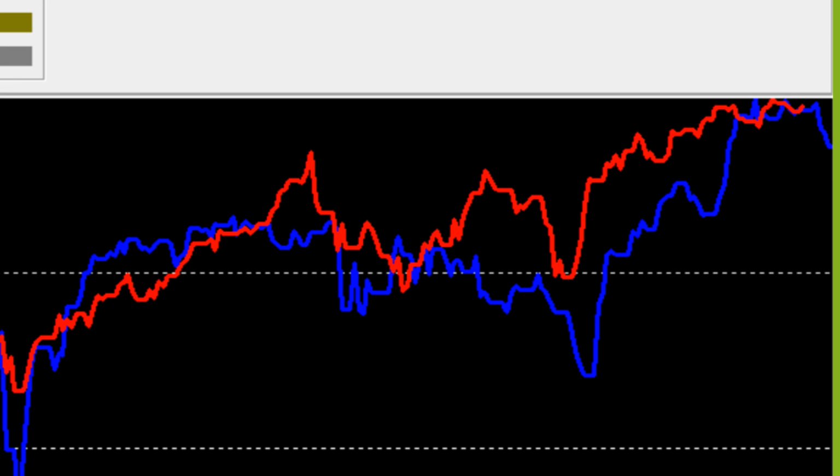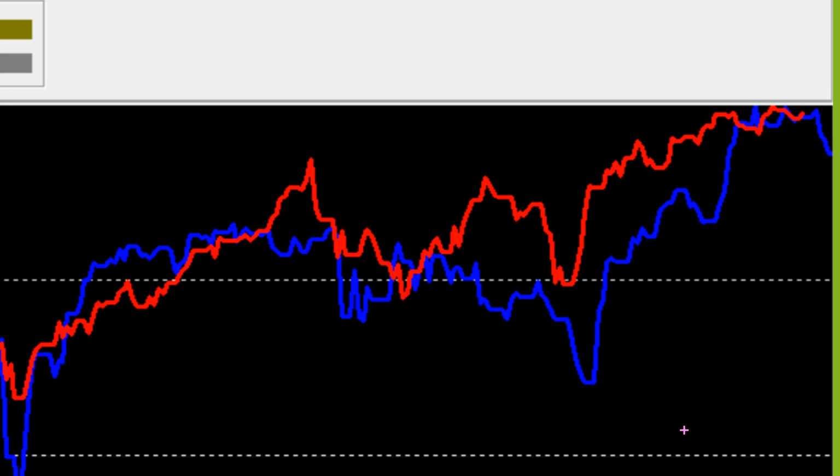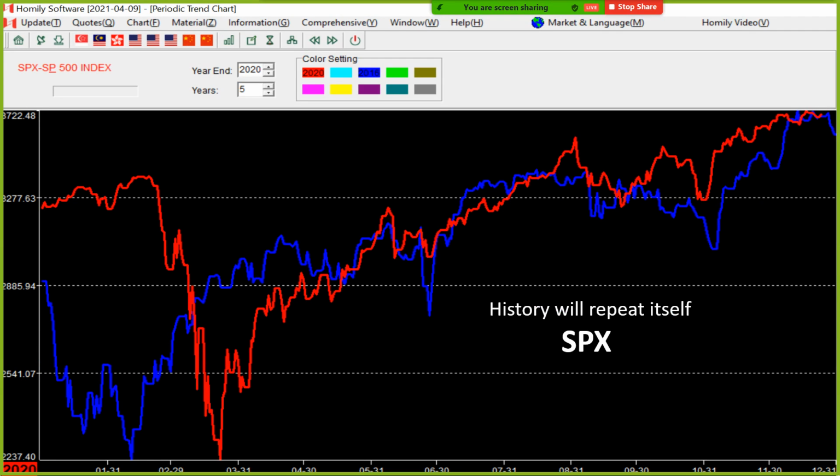We just follow the history. You can see just before the election the market dropped down. The blue line dropped all the way from August, then our red line dropped the same, right? Then after the election it rose all the way up and now sideways. Because the election date is different, the red line just follows the blue line, but the red line is maybe 1 week earlier than the blue line.